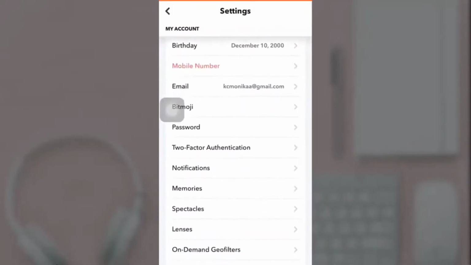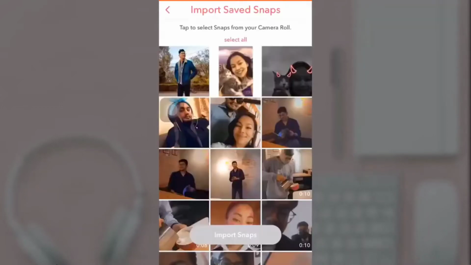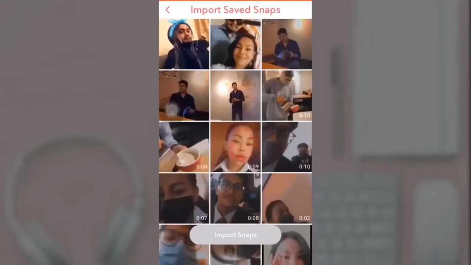On my account category, you can see the option of memories. Tap on it. On storage category, you can see the option of import snap from camera roll. Tap on it. Select photos or videos from your camera roll you want to back up to your Snapchat account and tap on